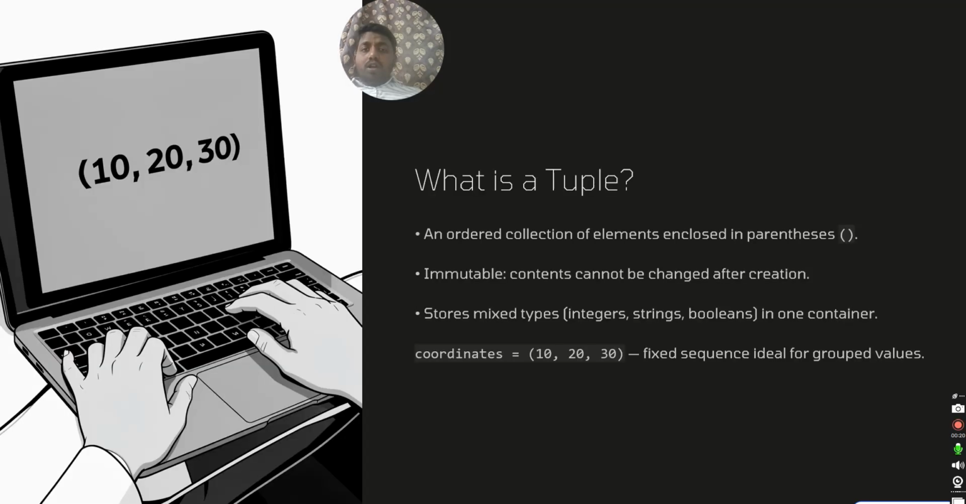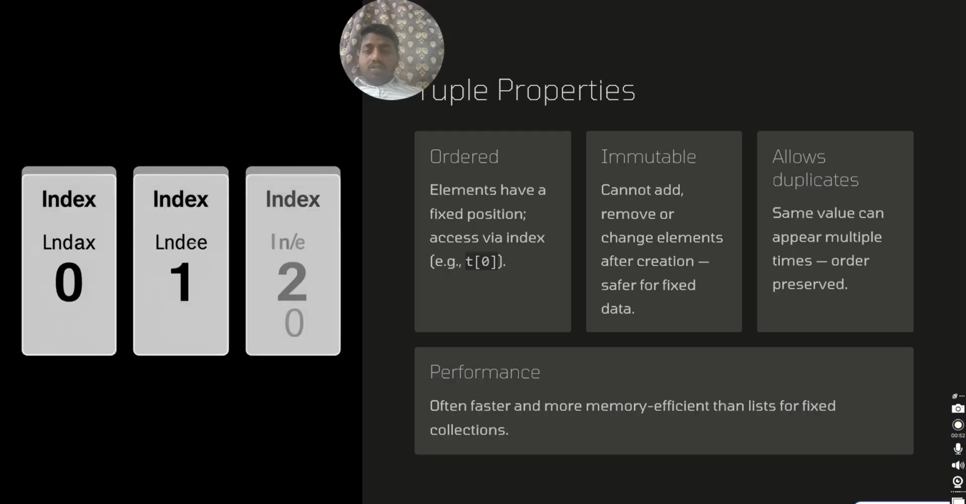A tuple is an ordered collection of elements enclosed in parentheses, which is an immutable collection. This means that its contents cannot be changed after creation. It stores mixed types like integers, strings, and booleans in a single container. Let us take an example, coordinates 10, 20, 30, which is a tuple that cannot be changed after creation. As usual, Python indexing starts from